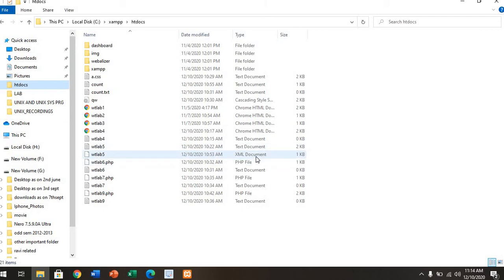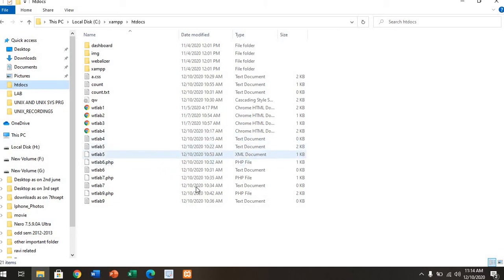How you are saving across for an HTML as .html, here you have to save it across as .xml. Here you can see that I have used across with QW.css, cascading style sheet. So this is the extension given for that. The same way, type it in the notepad, save as that with an extension called as .css. Save this one also in a notepad and give it across with an extension called out as .xml.